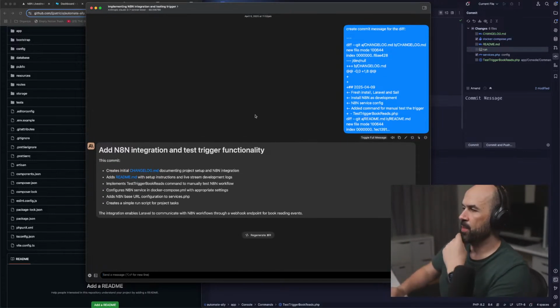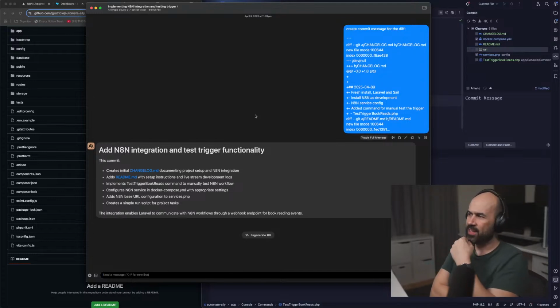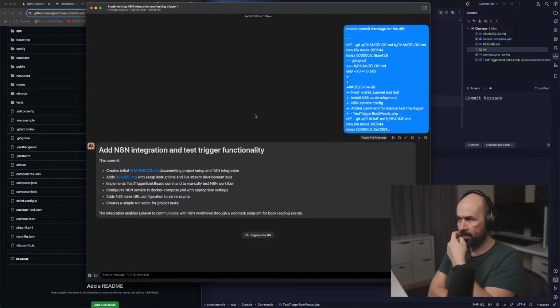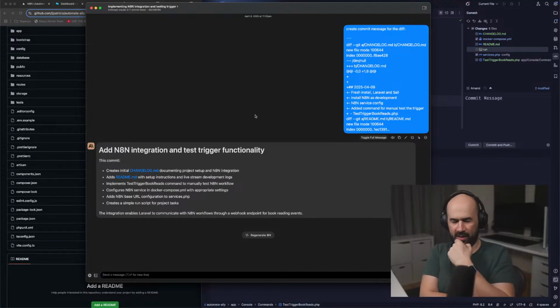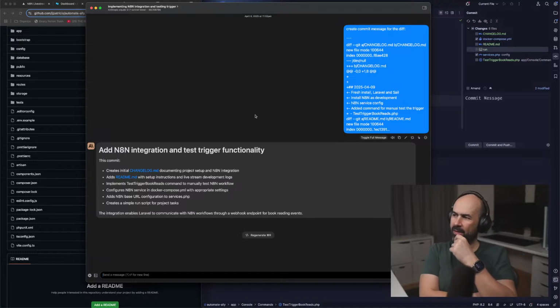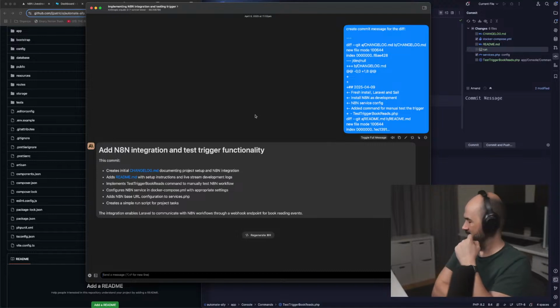Yeah, nice. Add N8N integration and test trigger functionality. Nice. Creates changelog. Adds a README. Implements test trigger book read. Oh, fantastic, Pig. Thank you so much. Yeah, I have to put an alias with this.